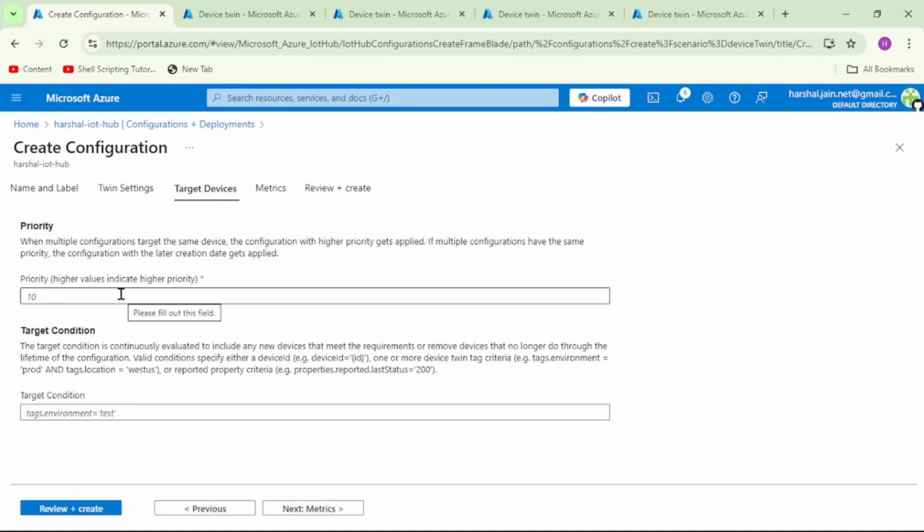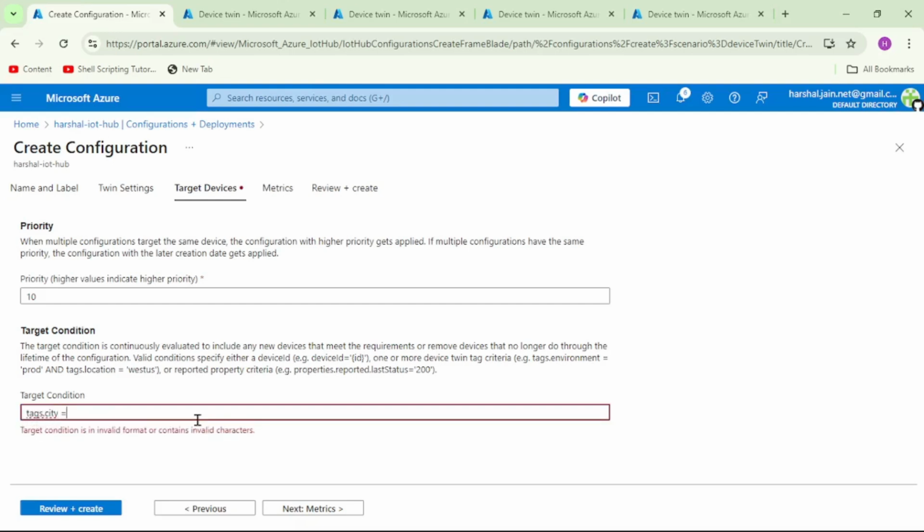Here we need to specify the target devices, and under that first we need to provide the priority, and as you can read, it says a higher value indicates higher priority, so I will keep it 10. And this is the important thing: here we need to provide the target condition, that is the target devices. So I will say tags.city is equal to Mumbai.